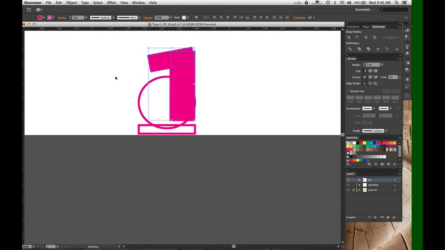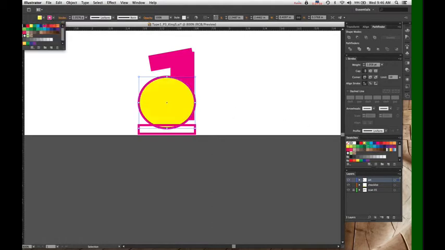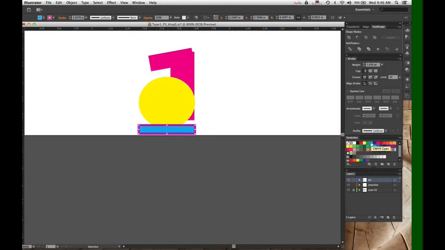So those are my upright and horizontal strokes. This is my bowl. I'll make that yellow. And this shape that is here strictly for construction purposes, I'm going to make blue.